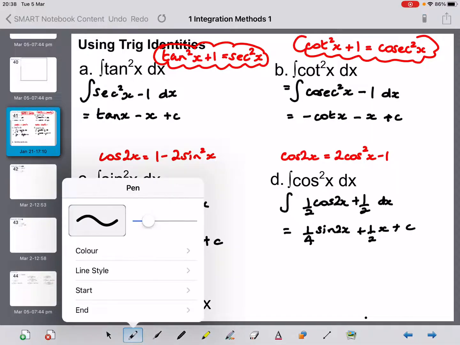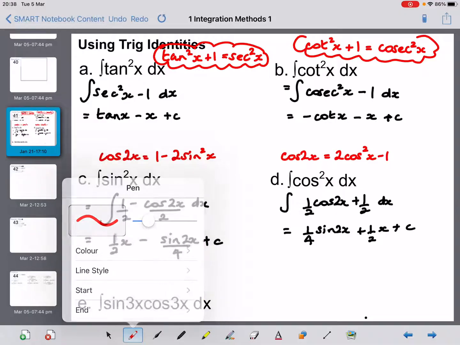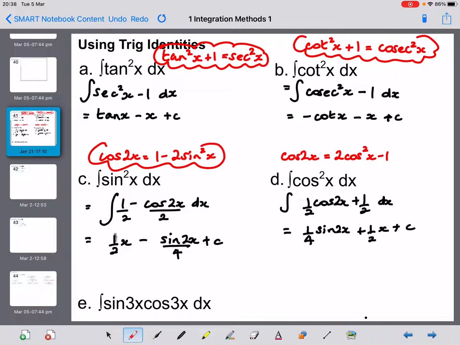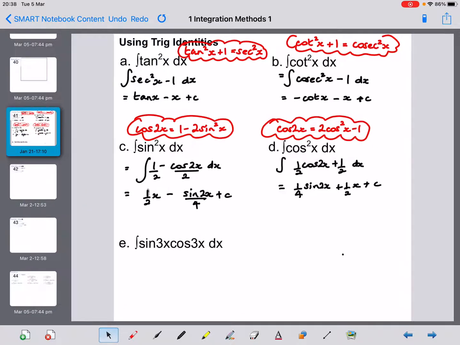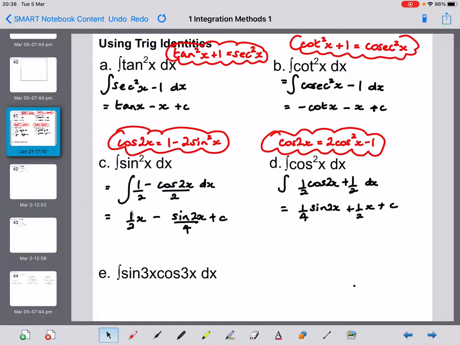So they both use the double angle formula for cos. Okay, it's so important that you memorise these trig identities. Absolutely crucial for so many things. Okay, and then the last one of these examples